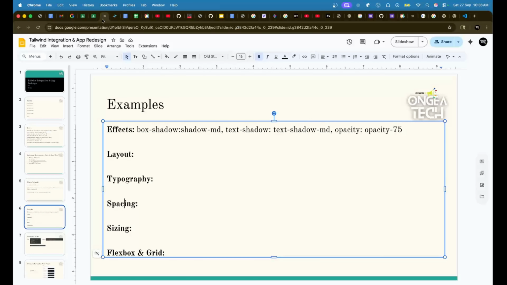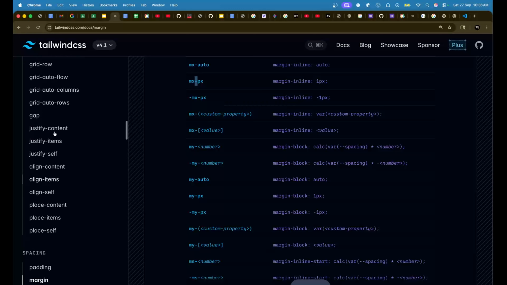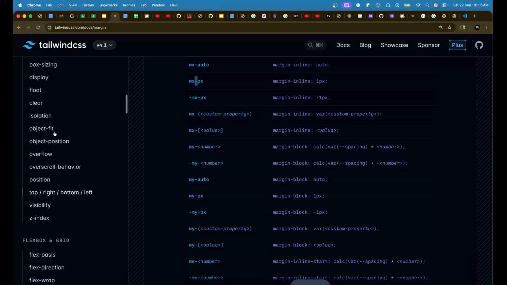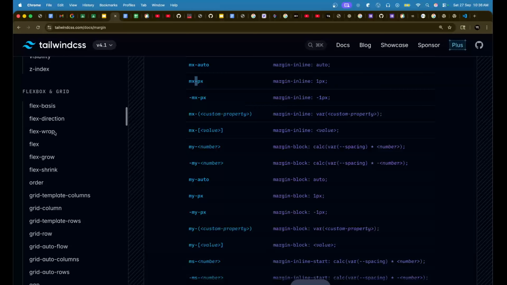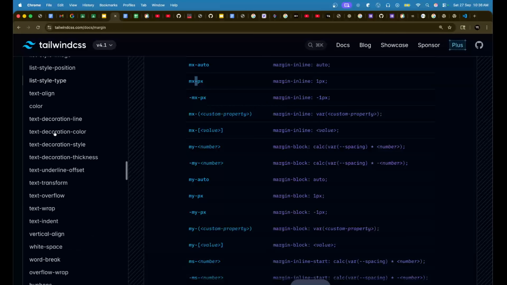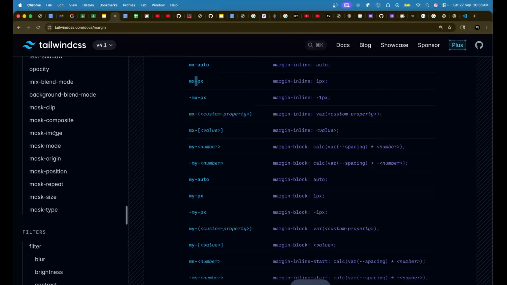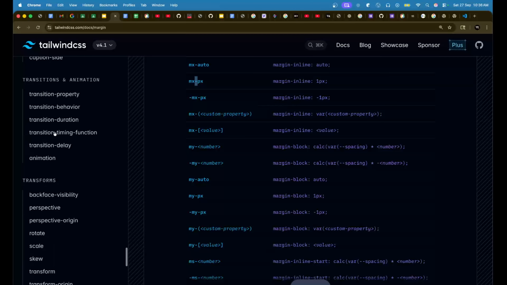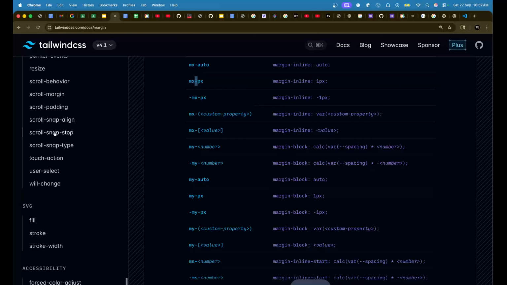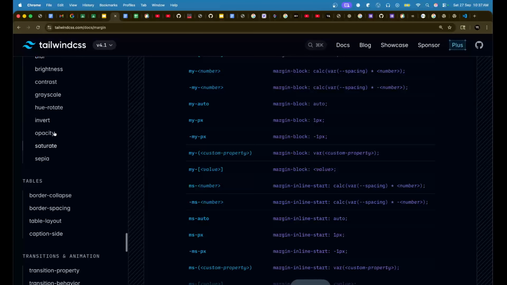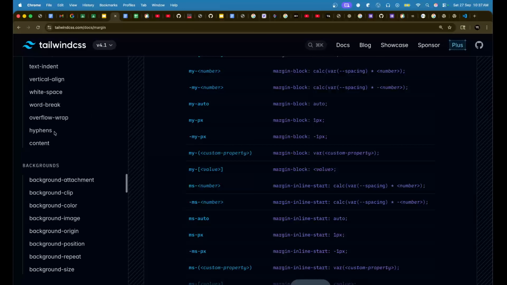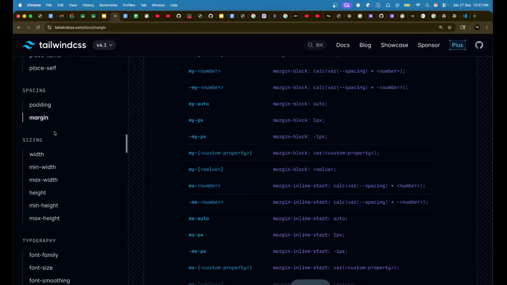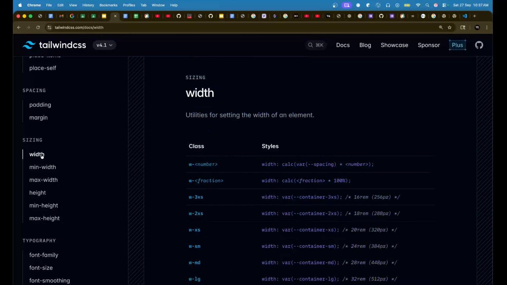Okay, so sizing is another one. We use this all the time. Where are you, sizing? Okay, clearly I saw it somewhere, but you can check it out. Yeah, here it is. Thank goodness. So,